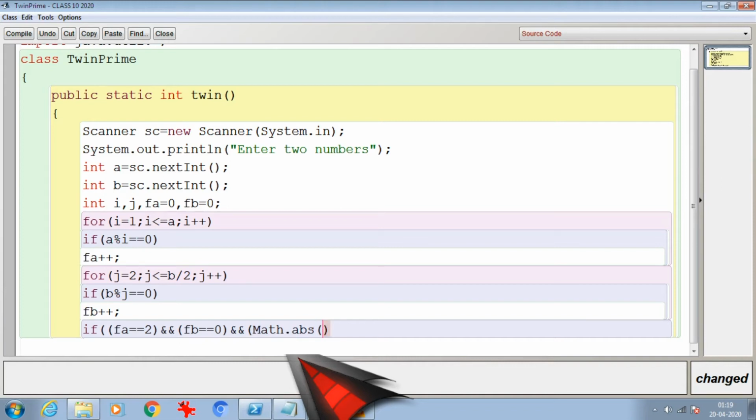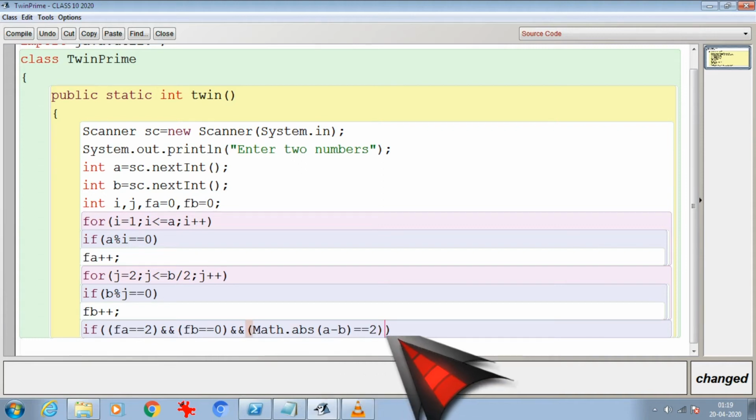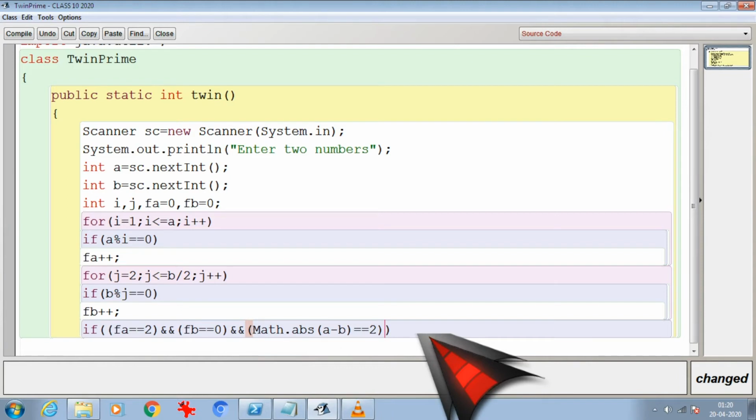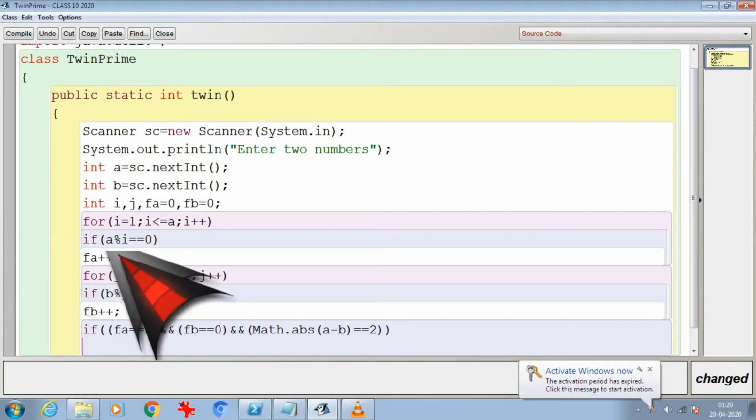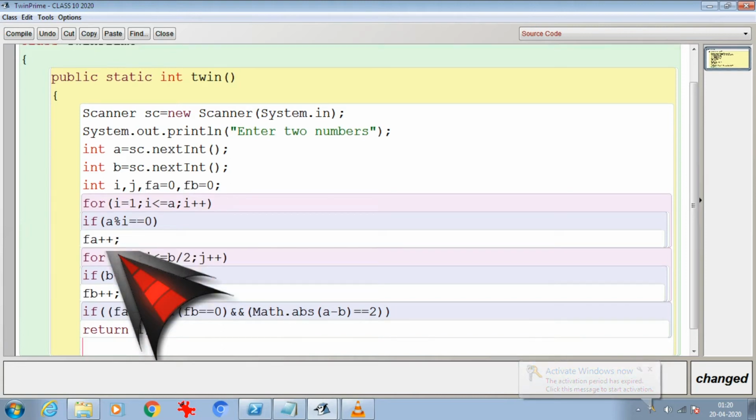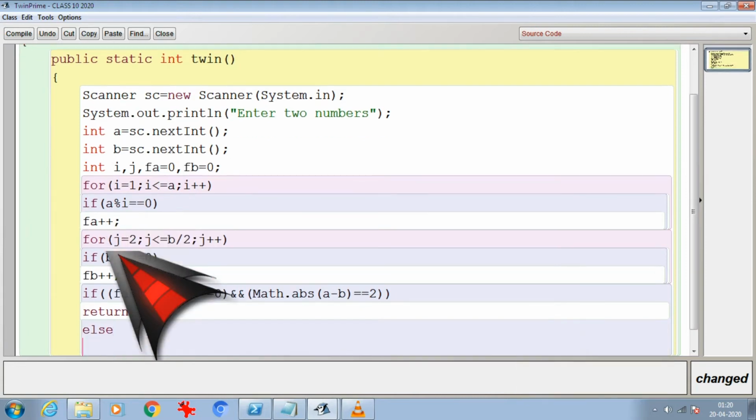If a minus b equals 2, so I don't know whether b is greater. Even if b is greater, it will give me minus 2, and math.abs will remove the minus sign. If that is valid, then I will write return 1, else I will write return 0.